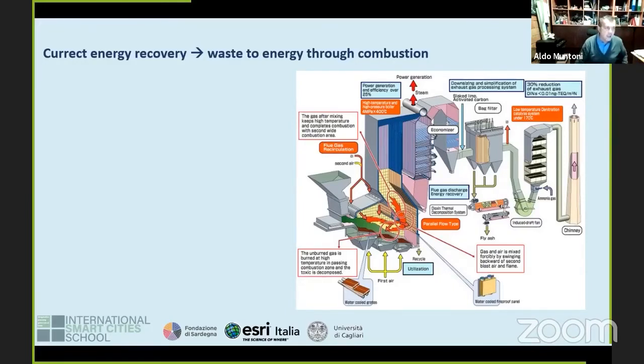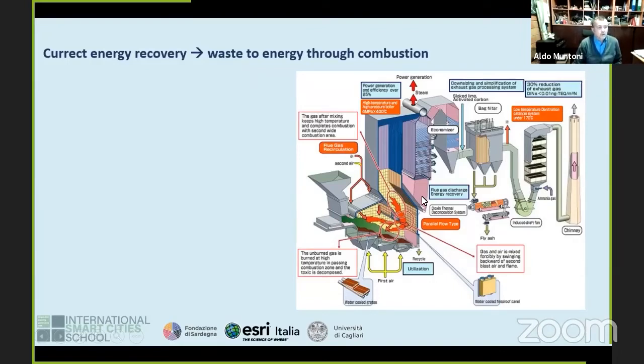And the residual waste should be managed through incinerators. And the incinerators are widely applied in Europe, in particular in the northern countries, Germany, Denmark, Sweden, Norway, Austria. They use the incinerators a lot,